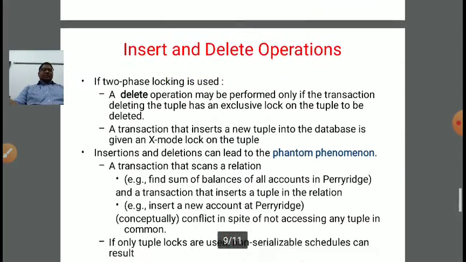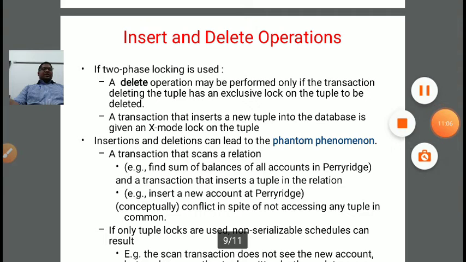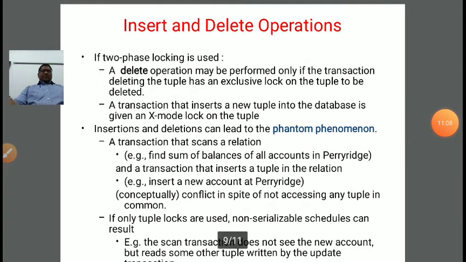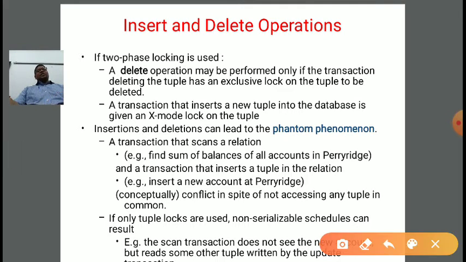Okay. Now next is insert and delete operation. If two-phase locking is used, a delete operation may be performed only if the transaction deleting a particular tuple has an exclusive lock on the tuple to be deleted. So it is very important. In order to perform a delete operation, we require an exclusive lock on that particular data item.